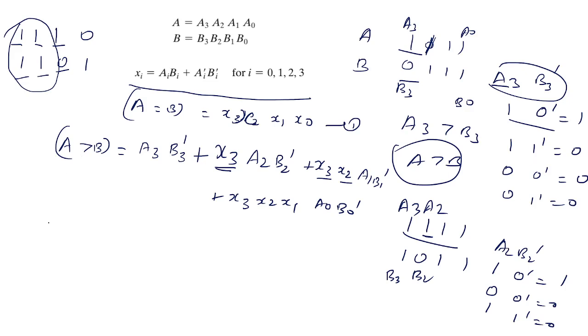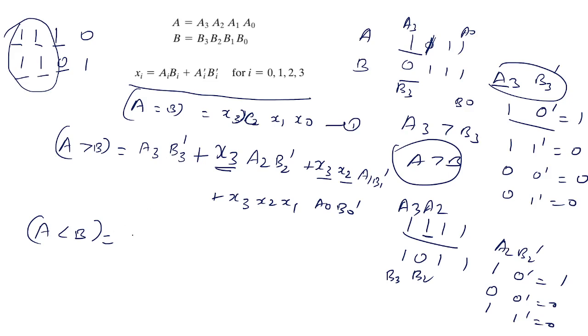Okay, next I need to find out A less than B. Okay, it is just opposite. A less than B is P greater than A. The same equation can be rewritten. Wherever you write an A, I have to write B. Wherever you write B, you have to write A. Okay, the total equation will be obtained.